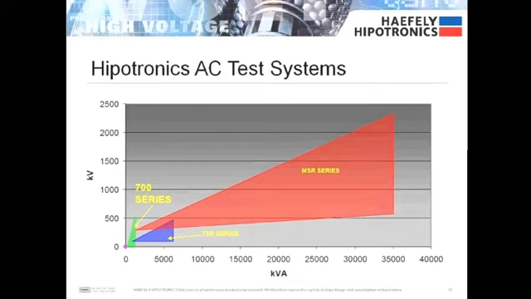So this is just a graph that gives you an idea of the different series and the voltage and power levels that they're used for. The 700 series, as you can see, is used for much lower voltage and power ratings. Then you have your TSR, tank series resonant systems, which is in the middle of the road, and then your MSR, modular series resonant, which is your much higher voltage and higher power. The 700 series, quantity-wise, is what we manufacture the most. That's the most common voltage and current range with all the different industries that we sell to.